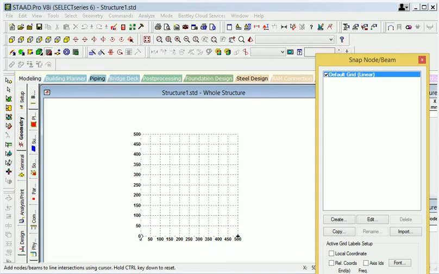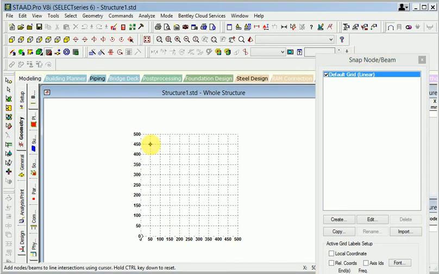So let's start by creating the line. First of all, start this point and go to this point, and also again taking this line here.